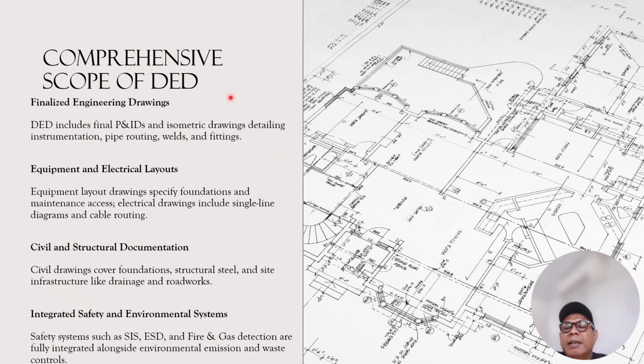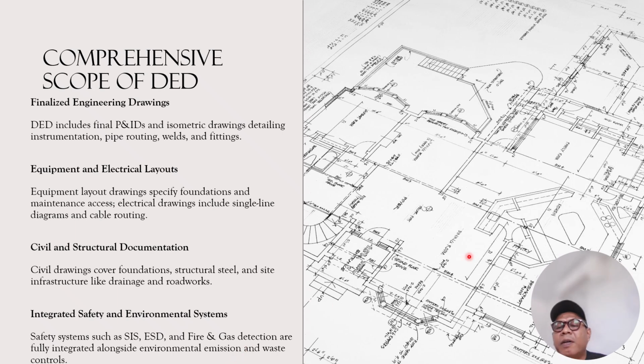Comprehensive scope of the DED. It includes the finalized engineering drawings: the final P&ID and isometric details, instrument, piping, rod, wells, and fittings. Equipment and electrical layout: the equipment layout drawing specifies foundation and maintenance access. Electrical drawings include a single line diagram and cable routing. Civil and structural documentation: civil drawings cover foundation, structural steel, and site infrastructure like drainage and road work. Integration of safety and environment systems: the safety systems such as SIS, ICS, and fire and gas detection are fully integrated along with the environment emission and